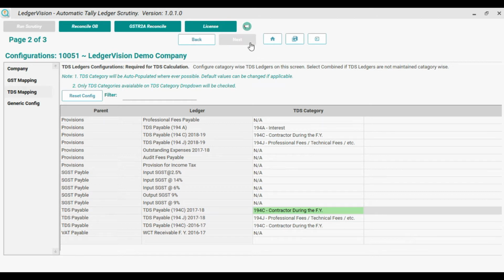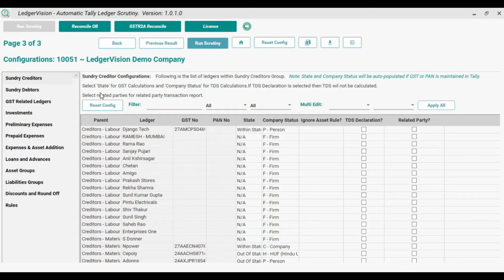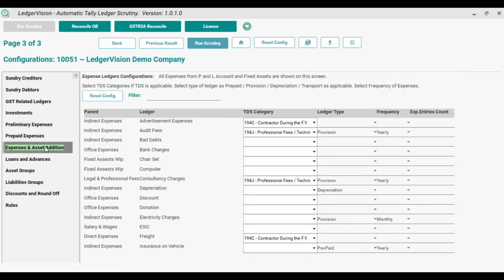Now I am going for the next configuration. LaserVision is automatically configuring. This is the most important configuration for TDS scrutiny. LaserVision automatically maps the categories from nomenclatures. It reads the nomenclatures as well as the TDS payable ledgers mapped in category configuration.